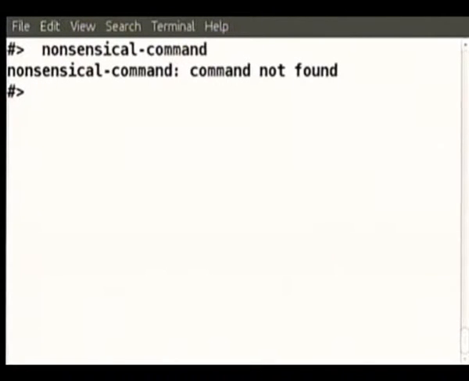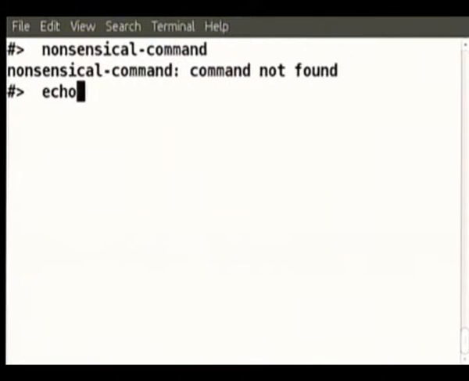Now, somebody said that when you type a command, some long list, that entire path comes on the screen and it says command not found. That depends on what information is shown when a particular command is not found. Let's go back to this. Some nonsensical command. It says command not found. What is the meaning of this?